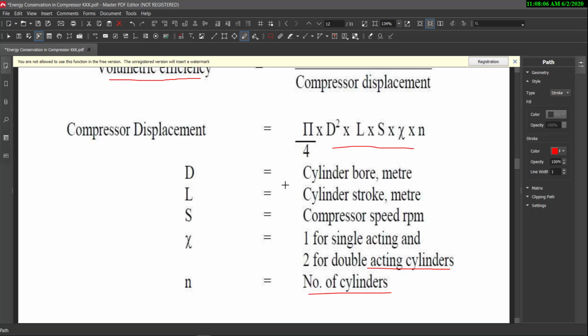These are the parameters to be noted when calculating the volumetric efficiency